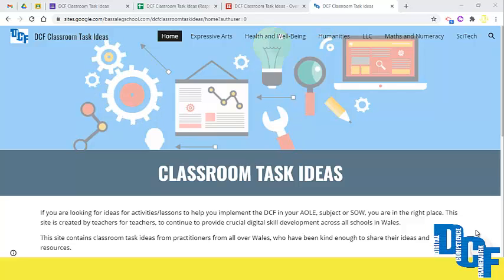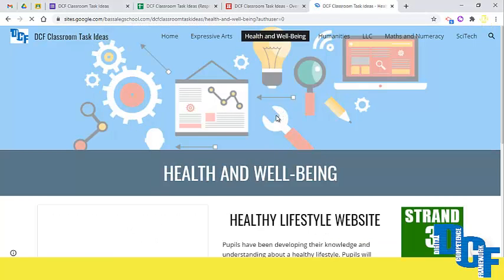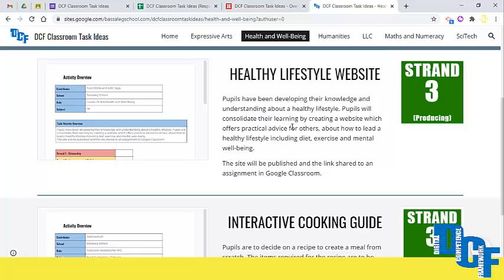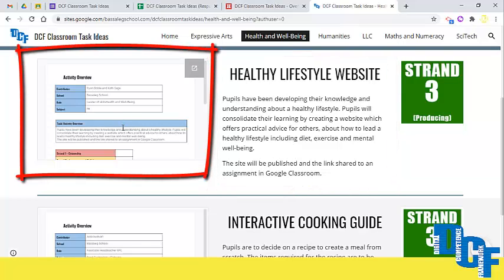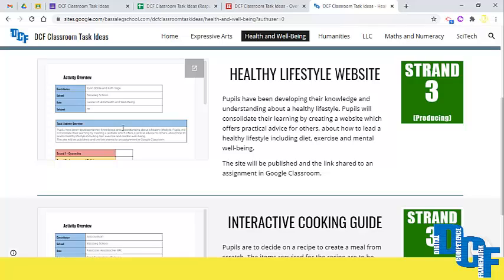Now I'll show you a quick glimpse of what this will look like as time goes on. At present, let's say, for example, I click on the Health and Wellbeing tab here. If I scroll down, this will contain any activities or resources that are shared within the Health and Wellbeing AOLE. There will be a clear indication of the strand or strands that this covers as part of the activity. It's got the title, an overview of what the task is, and then there's a supporting document. Now, this document will be updated by me. As people submit their information, which I'll show you in a minute, I will copy and paste that from the Google Sheet it's collated into, and put it into a document so that